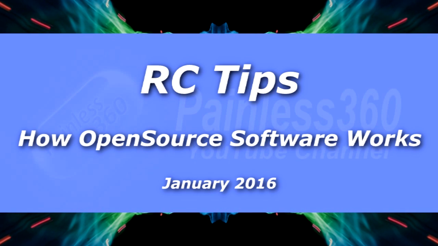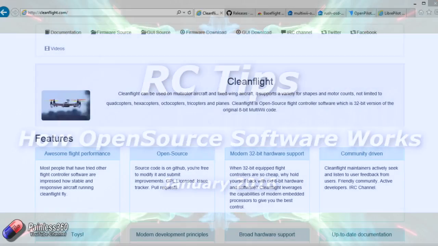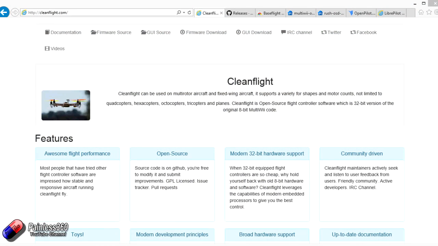Welcome to the video. In this video I'd like to talk a little bit about how open source development works. I've had a lot of requests recently to test and try out some of the forks or copies of CleanFlight, and one of the reasons that we're not doing that is because these forks are created for a very specific